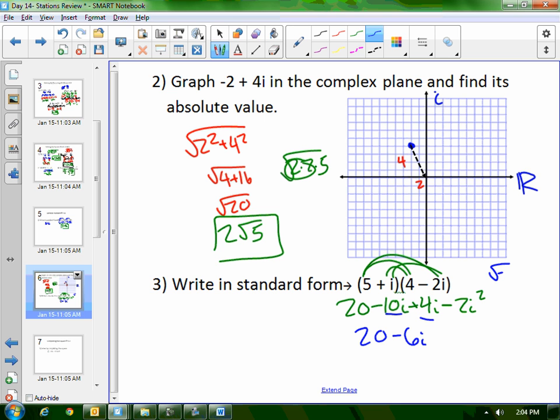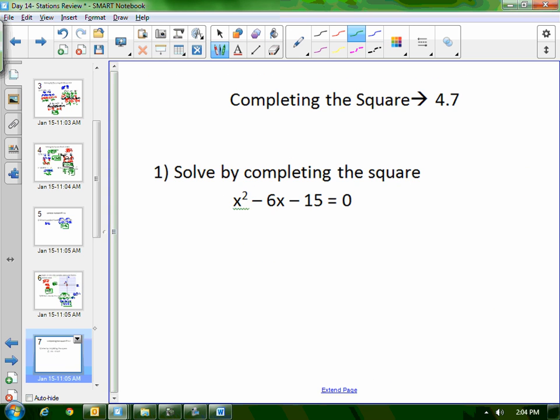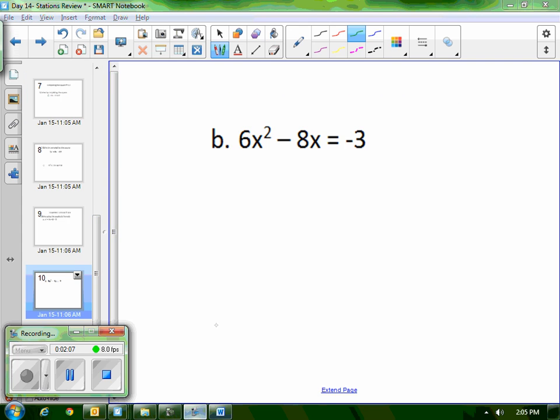you remember, since i is the square root of negative 1, if you square that, you get negative 1. So this is really negative 1. Negative 2 times negative 1 is positive 2. 20 plus 2 makes 22 minus 6i. Now we're in standard form. And that's it for complex